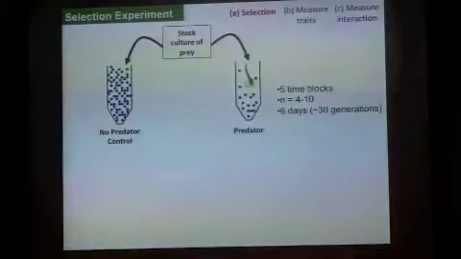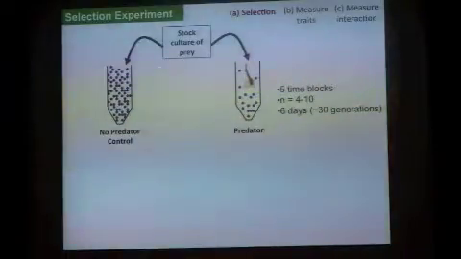changes over time. So we start with just a stock culture of the prey, so that's the Colpoda. And we introduce as much genetic variation as we can into that culture. We don't know how much genetic variation is really there, but we try to maximize it. We take some of that stock culture, put it into either a no predator control or put it into a predator treatment where there's 2 mosquito larvae in this treatment. And then this is done in 5 different time blocks with different levels of replication in each one. But in each one, we let these things evolve for about 6 days.